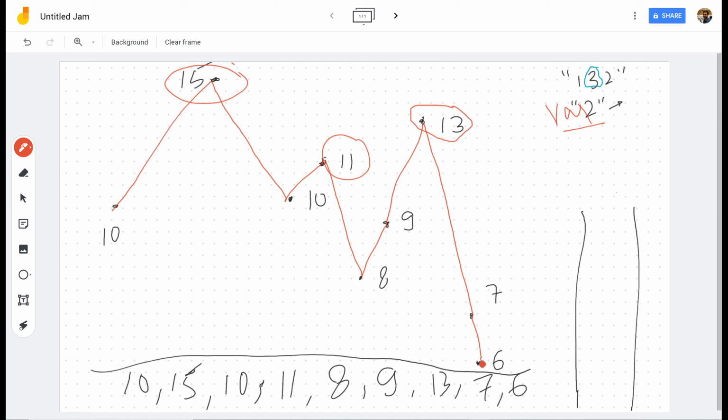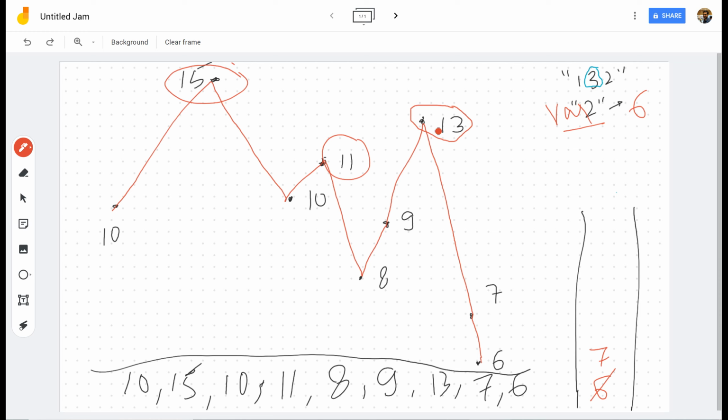So starting from the right side of the array, at first I encounter 6. If my stack is empty, I simply push 6 into my stack. Then I go to 7. Now I see that my 7 is greater than 6, so I no longer need 6 in my stack, and I'll pop 6 and update my var2. My var2 will initially be initialized to a very small number, let's say int min, and I'll take var2 as the maximum of the top of the stack and var2. So my var2 now becomes 6, and I push 7 into the stack.